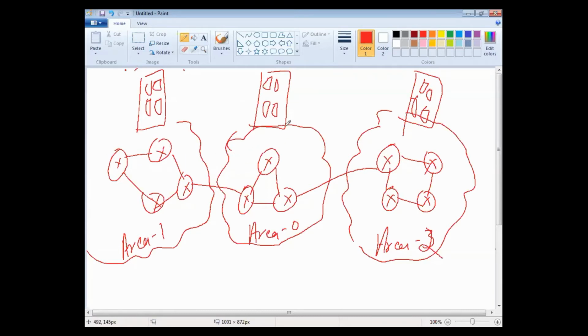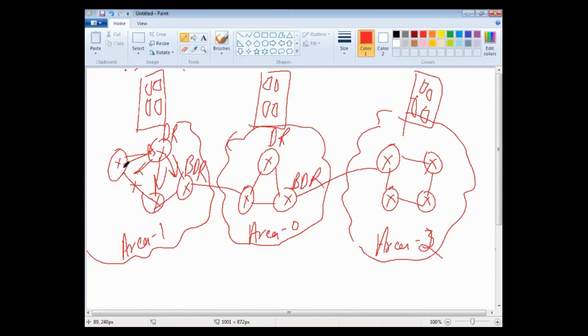And one more concept is DR and BDR. Every area has its own DR and BDR. So if there is any link change here, this router will send that information to the DR. The DR then propagates that information to all other routers.